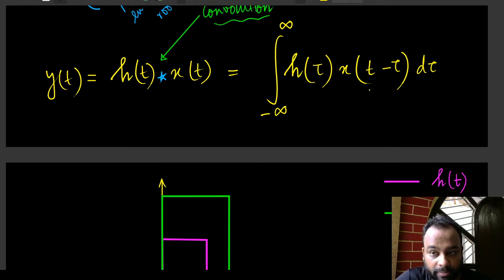Here T is a constant. I believe you understand that T is a constant, right? That's quite understandable. Now, since T is a constant here, for different values of T, I would have different expressions. And the integration would basically be the area under the product of these two graphs.